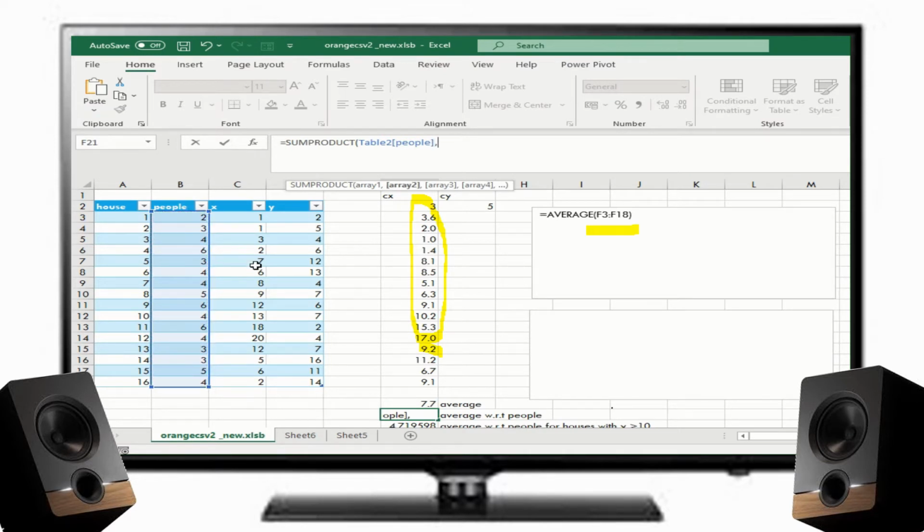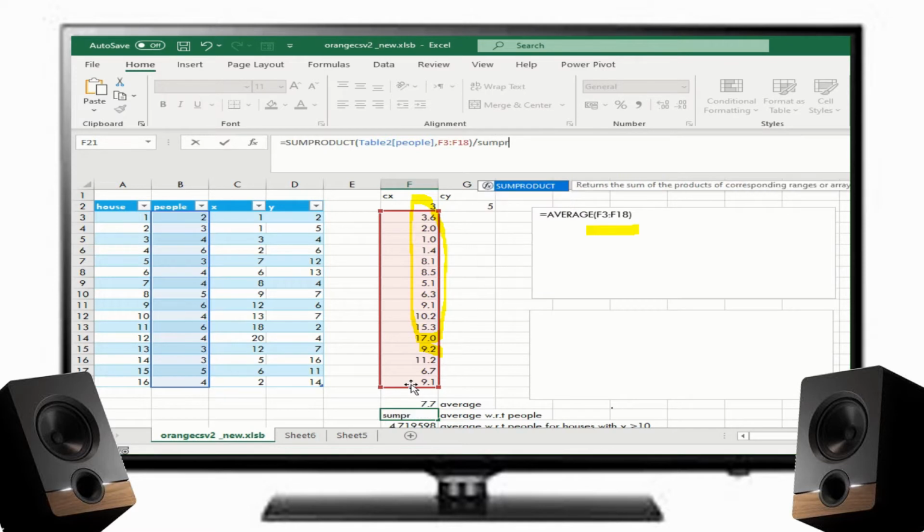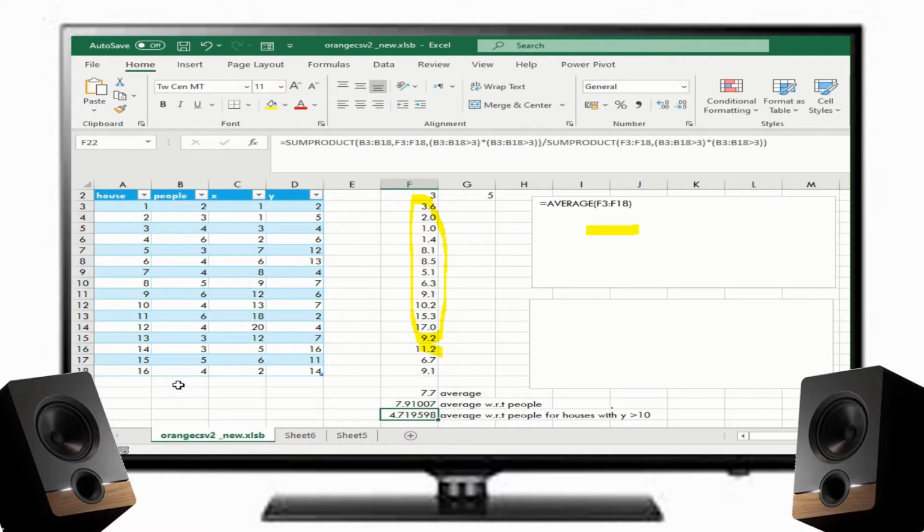So again, SUMPRODUCT. Because I already have a table, you can use the table name, Table 1, Table 2, and then you can have the name in here. So Table 2 of People means this column. It is similar to B3 to B18, but if you highlight this area, Excel will do the job for you, because it will use the table name instead of just the cell names. So again, I find this value